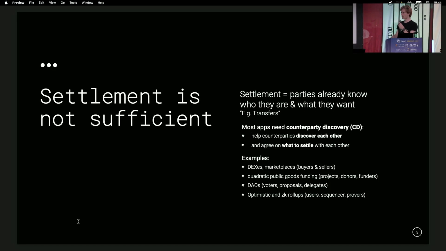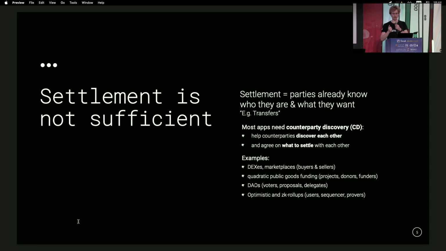But most applications within the blockchain space didn't play out this way. We try to do global settlement systems that allowed you to trade Bitcoin for ETH with someone halfway across the globe. And here settlement is not sufficient, because settlement fundamentally means that parties already know who they are and what they want. Most actual applications need counterparty discovery because they need help to find the other